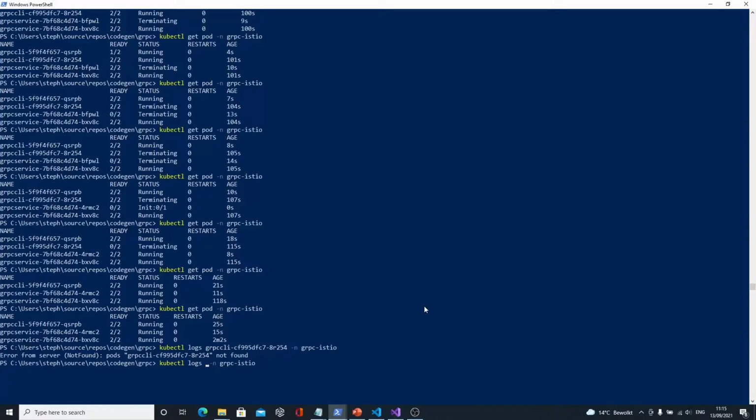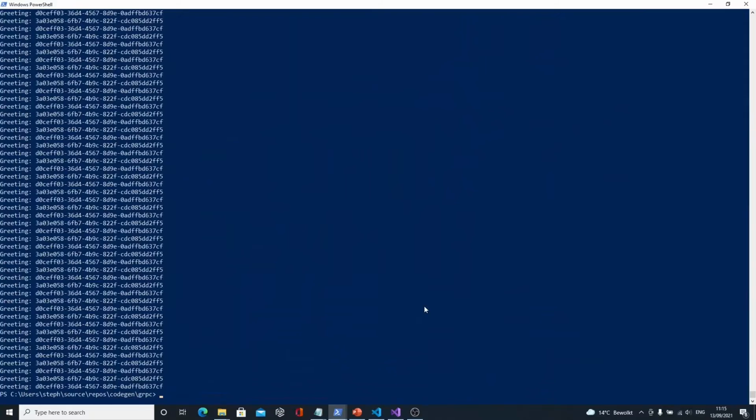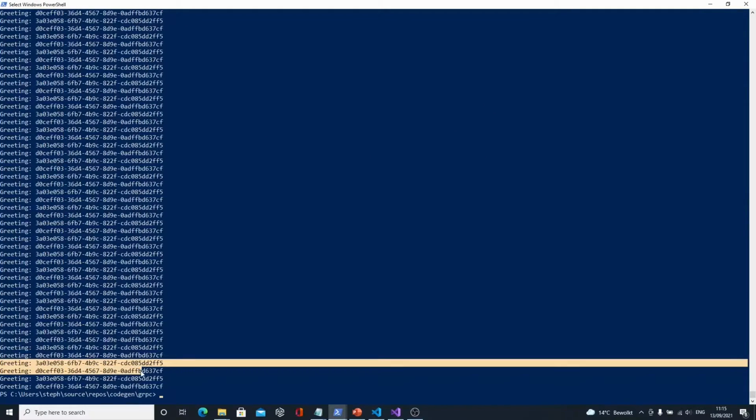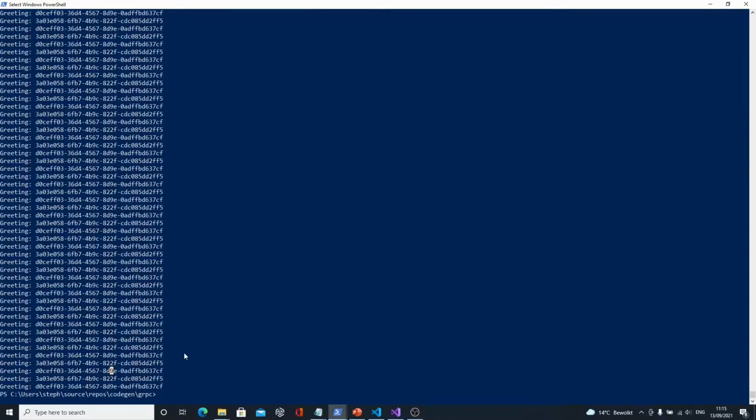So let's see, I'm going to take this guy, and then you see here that indeed I've got my two instances right now, which are indeed being used. So Istio has interfered with the load balancing and made sure that all my instances are being used by the client, so that we have an even distribution of the workload across services. In the previous demo, we had only one single instance used, right? Three started, but one used. And that's the kind of thing where Istio can add something to the mix.